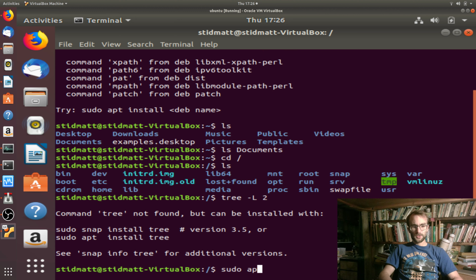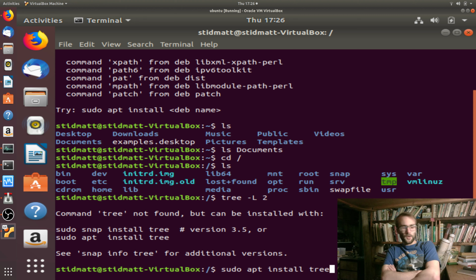so press sudo apt install tree. So we're going to start with this. Sudo is super user. So it's like using root, but you're not logging in as root. We'll get to that later. Apt and snap are two different ways of installing programs. They're repositories,